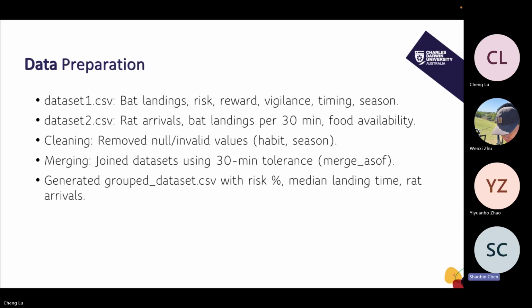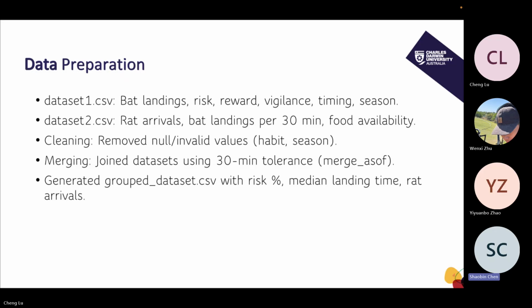For the next part, we processed both datasets in Python. We parsed timestamps, sorted by time, and cleaned obvious anomalies, such as invalid or blank entries in the habit field. Then we dropped unnecessary columns such as season, sunset, and time. Next, we located bat events from dataset 1 with the nearest start time of the earlier 30-minute bin in dataset 2. After that, we aligned the start time from dataset 1 with the starting time of the relevant 30-minute bin by